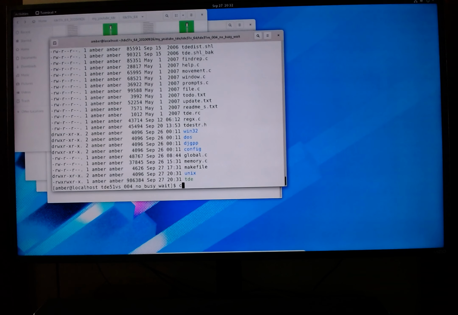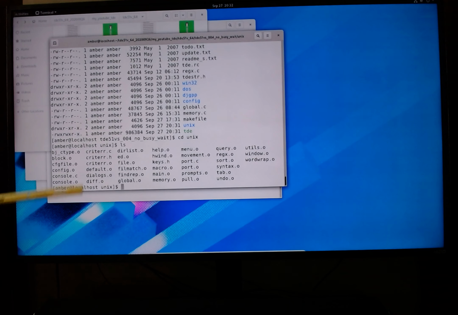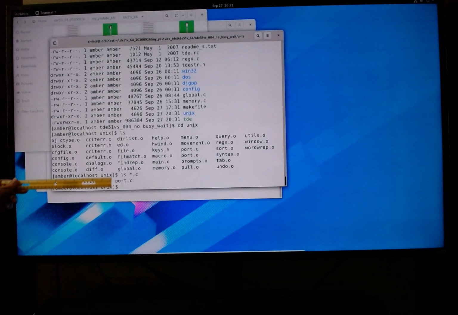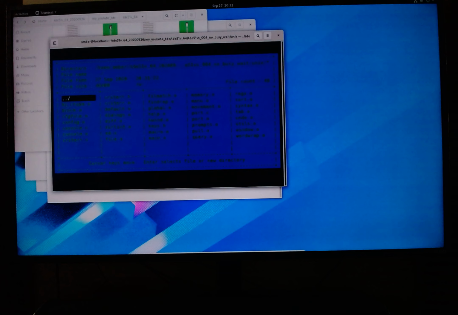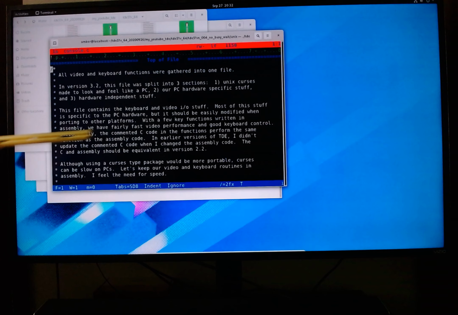Let's go to the Unix directory right there. And there's console.c. These are the C files in that Unix subdirectory. And, oops, use TDE. And there's console. I'm going to edit console,